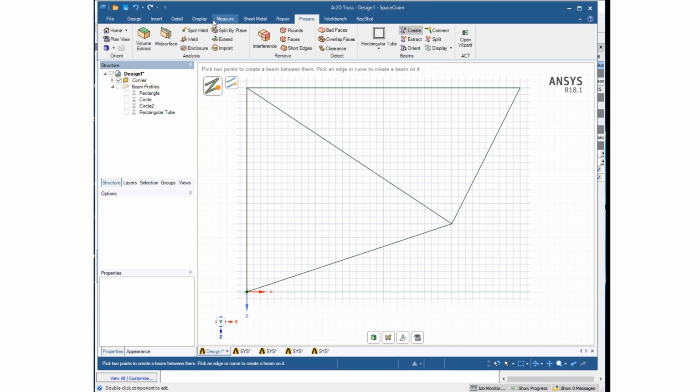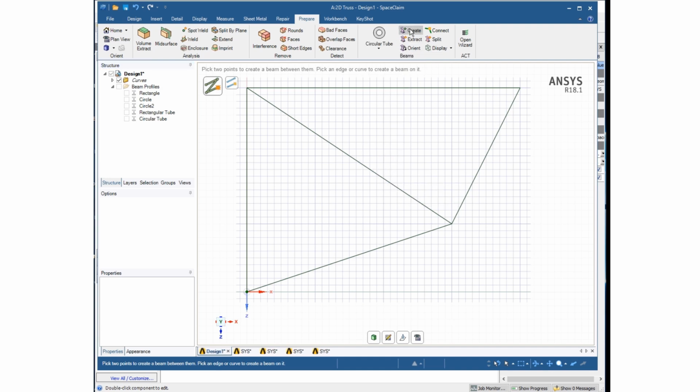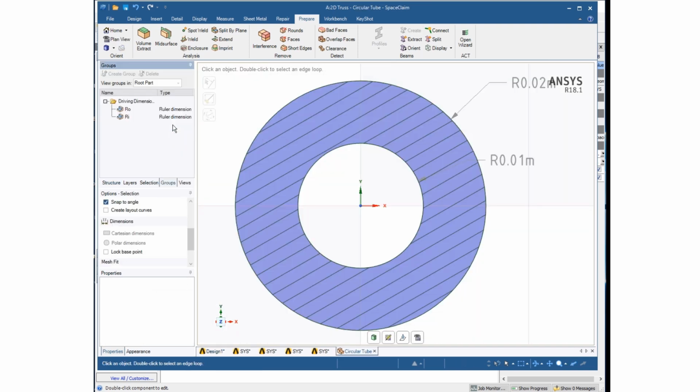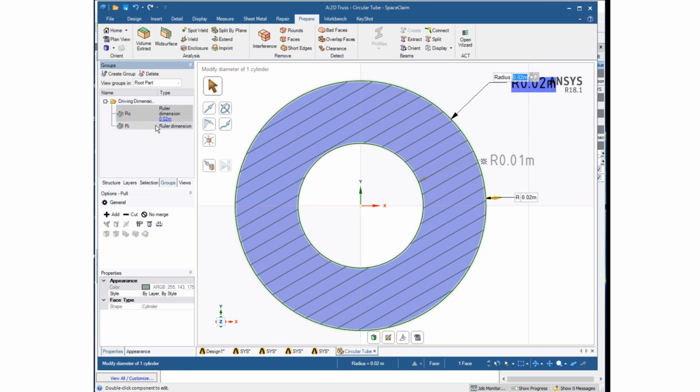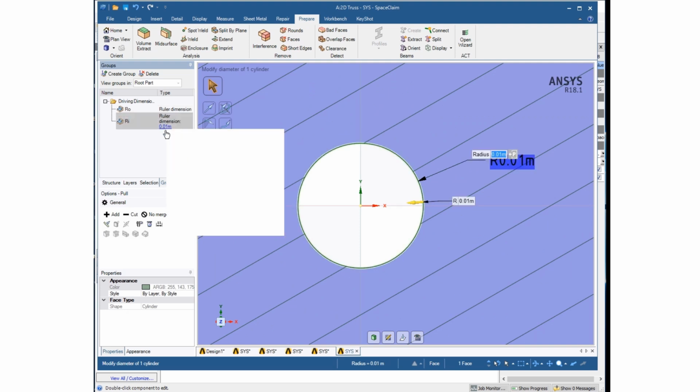So I will come back up along the top axis to prepare, click the drop down and add a hollow tube, create, and come over to circular tube, highlight it, right click, left click, edit beam profile, and I will enter in an outside diameter of 0.12 and an inside diameter of